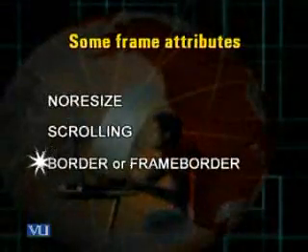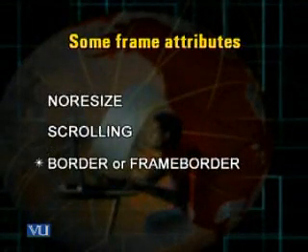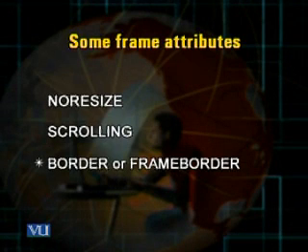Then there is another very important attribute for the frame tag, and this is the border attribute. In case of Netscape Navigator, we use the attribute border, but in case of Internet Explorer, the attribute is frameborder. So wherever in a frame tag we use frameborder equals 0, in Internet Explorer, then the result would be that the dividing line, the line that helps in creating frames, would be